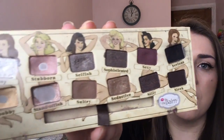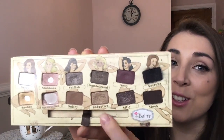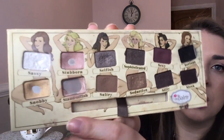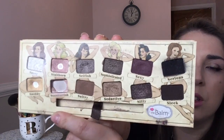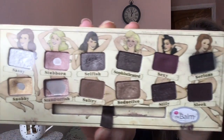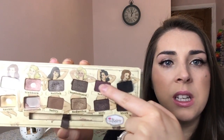Now mine's filthy and disgusting and always missing the brushes. My palettes are always missing the brushes because I don't like using them. I like to use my own, and you can tell which ones have been my favourite colours over time. This one, I mean, they're just amazing. Nice colours. Now I have this particular colour on at the minute, you can see,